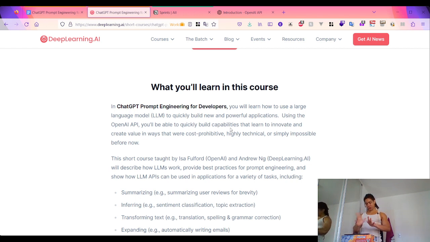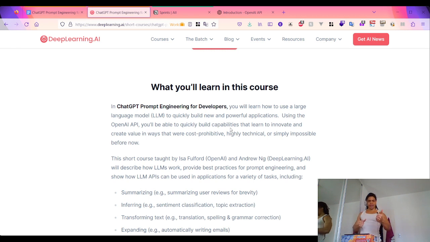So this short course, taught by Isa Fulford from OpenAI and Andrew Ng from deeplearning.ai, the co-founder of Coursera,